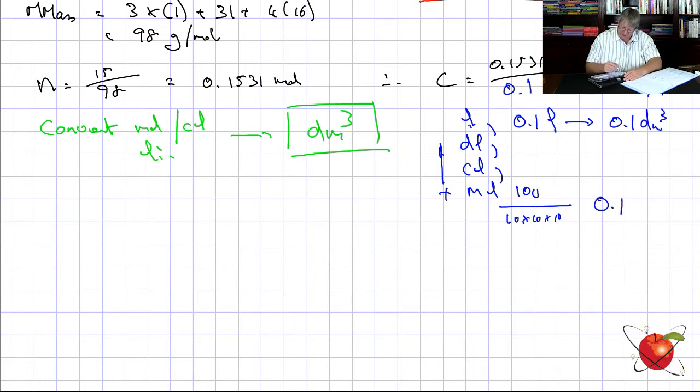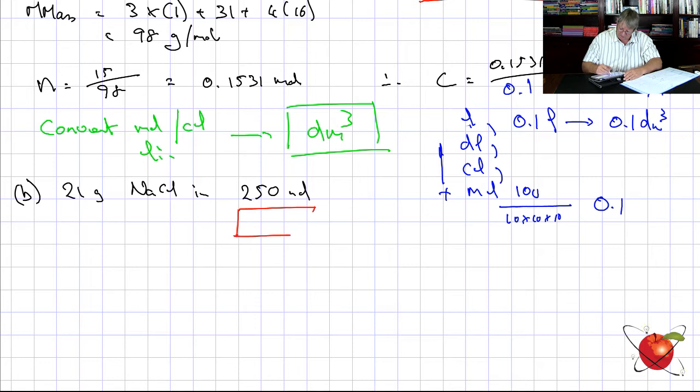Okay, the next one is 21 grams in 250 ml of sodium chloride. All right, so let's have a look. We say, right, this was B. We've got 21 grams NaCl in 250 ml. What do we do first? We convert. Okay, I'm going to do it in red. Convert. We're just going to divide by 1,000, which is 0.25 decimeters cubed, because we've gone up the liter